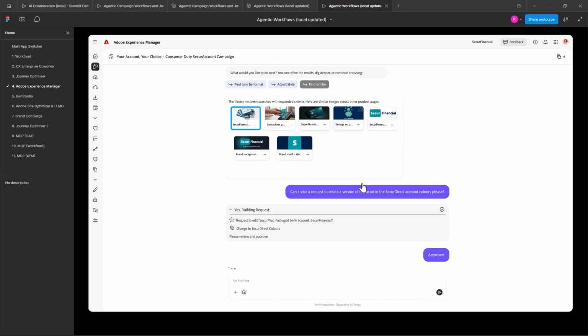Typically, across the organization, I'd probably need to raise a ticket, maybe initiate a new project to essentially go out to my creative agency to do some new graphic design, or potentially brief my own creative studio for this type of thing. Well, I can actually request that to start within the conversational interface here. So I can simply ask my assistant, can I raise a request to create a new version of some of these assets, maybe changing the brand colors because I need to